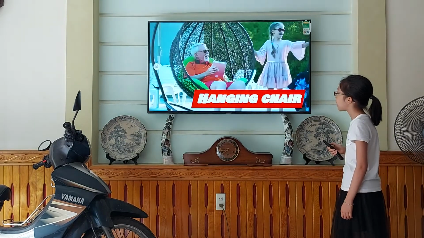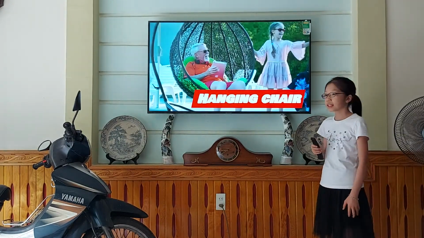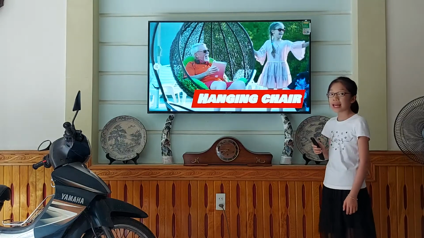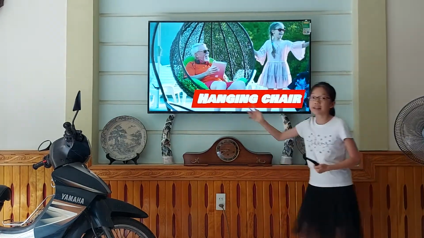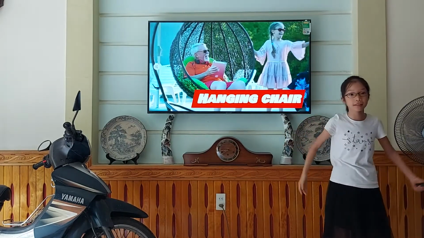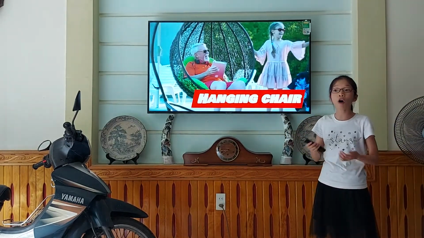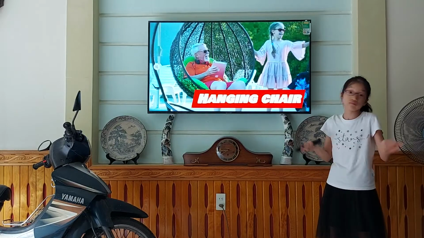We have another kind of chair, which is hanging chair. Hanging chair. Look at this man over here. The chair is hanging from above, so he is sitting in a hanging chair. I've always wanted to sit in one, but I've never got the